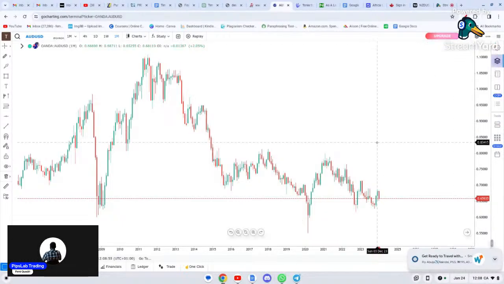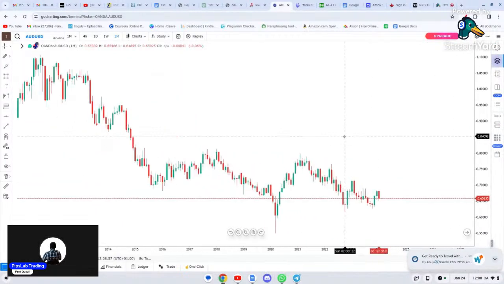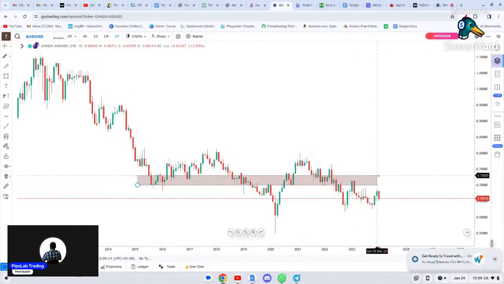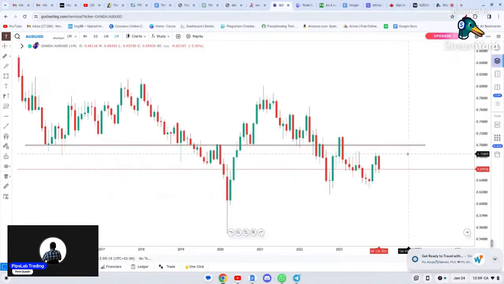So how do we pick a trade in this situation? We first draw our major levels. Let me draw the major levels here. Before you start picking a trade, make sure you have your levels intact. Major levels, the way I plot my levels, I plot using the monthly and the weekly time frame. So I'll first plot the major levels because picking a trade, you have to pick a trade around these levels